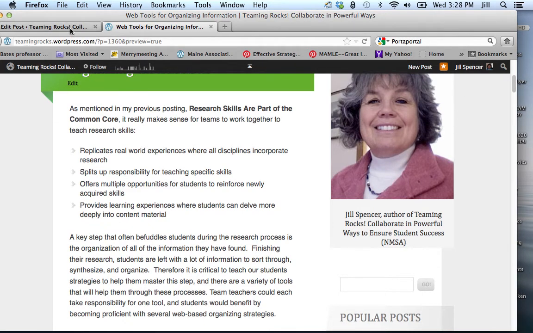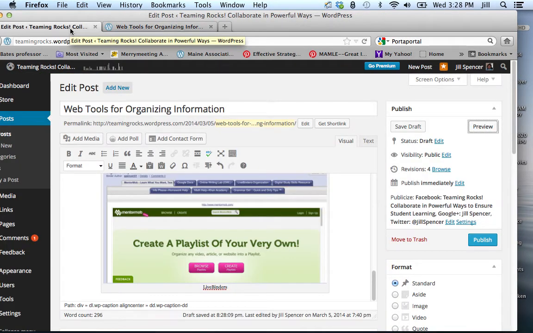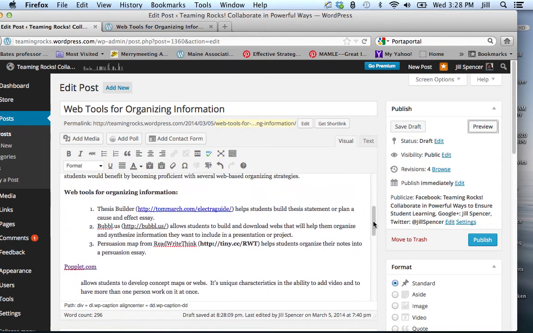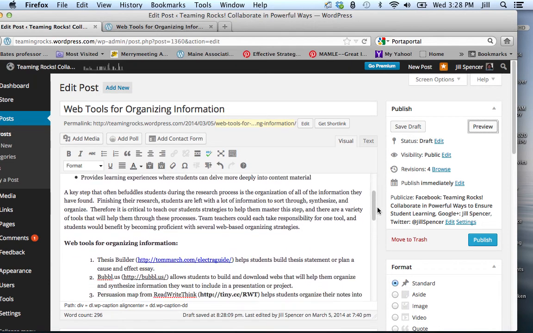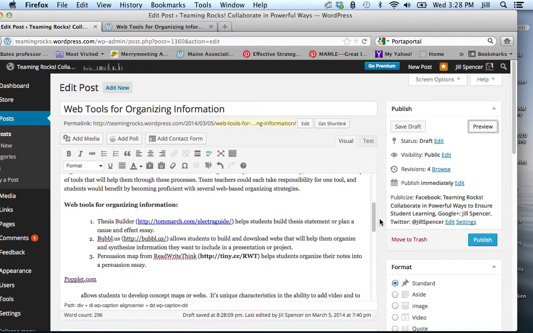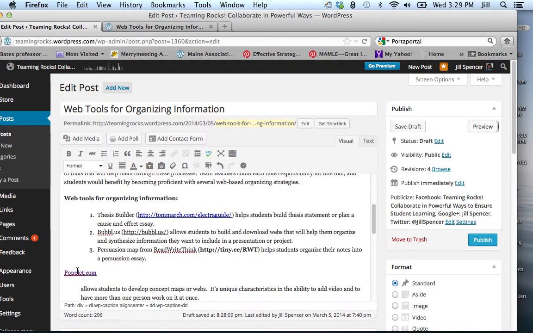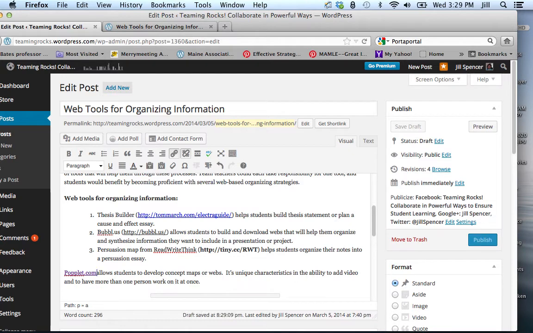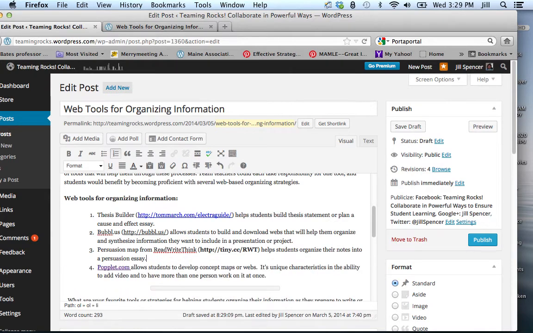And then I simply go back to my edit post and decide whether or not I want to add any more. If I wanted to, for example, add something with Poplet, which seems to have gotten out of place here, I could do that. So let me just fix up Poplet, which is supposed to be number 4, but when I was doing some editing before. All right, now